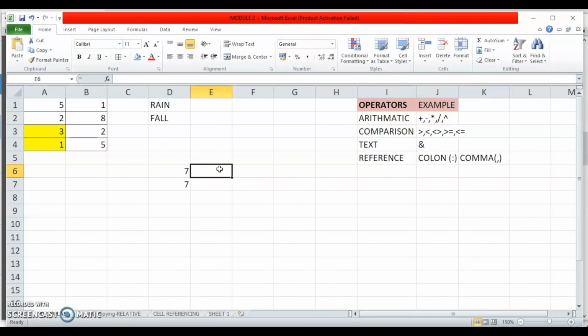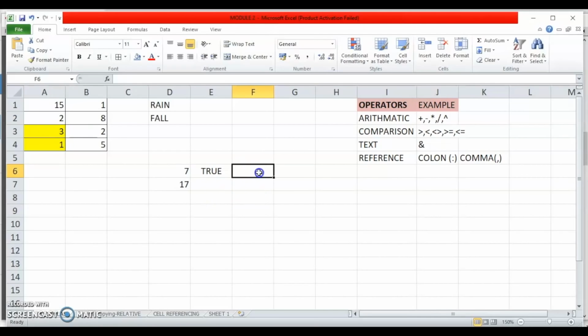Similarly, comparison operators can also be used. Comparison operators include greater than, less than, not equal to, greater than equal to and less than equal to. Again, let's take a simple example. I want to see whether, I'll start with an equal to sign, whether A1 is greater than 10 or not. Now if this is true, it will show me true. If this is wrong, it will show me false. This is wrong, so as soon as I press enter, it shows me false. If I change the value in A1, instead of 5, if I have say 15, you can see that the result of the formula also automatically gets adjusted. It is now showing me true. This is how we can use the comparison operators.